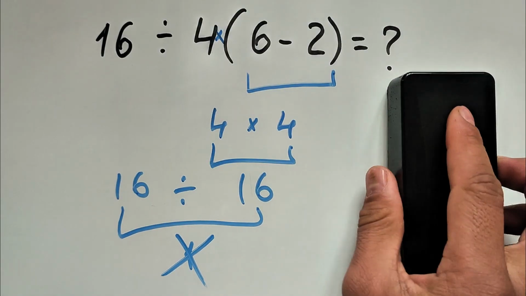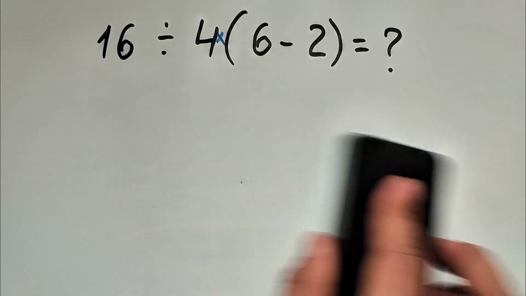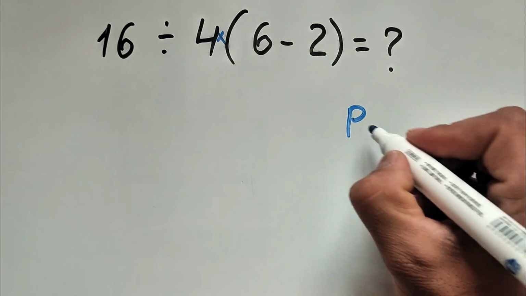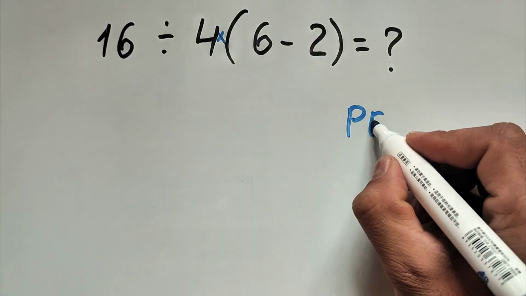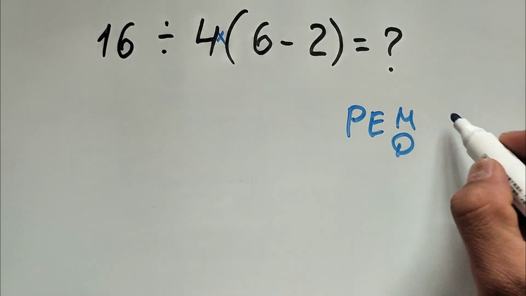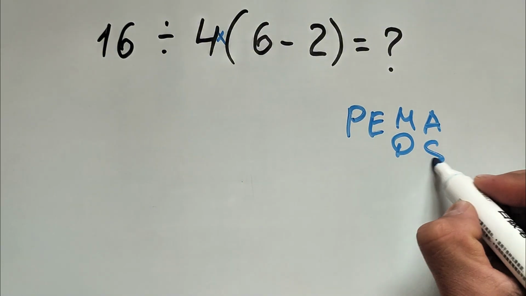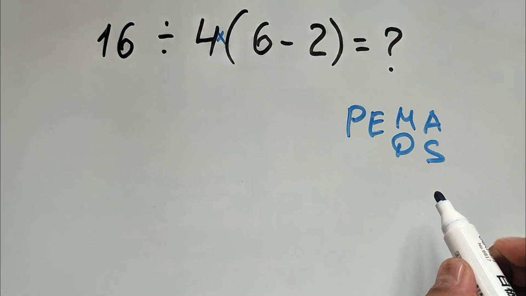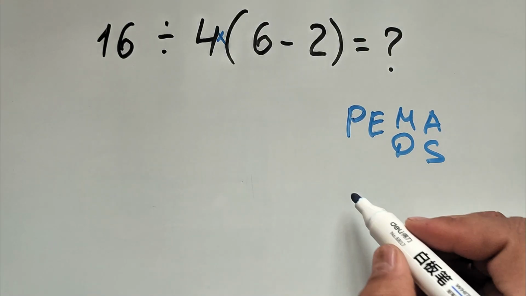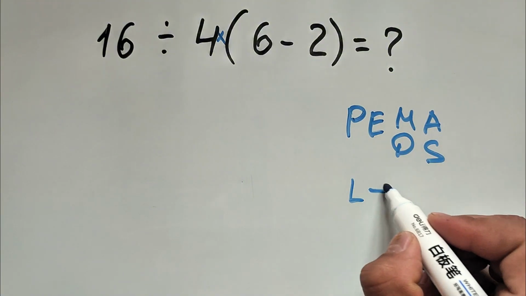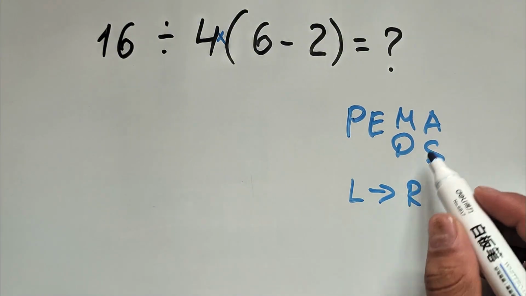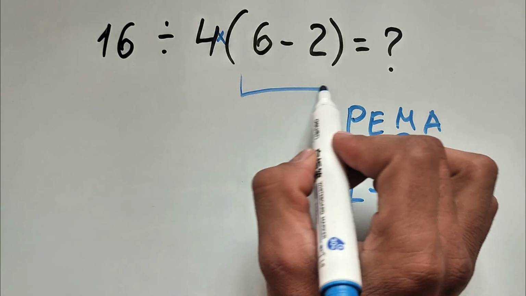If you ask why, I will try to explain it. According to the order of operations, first we have to begin to work inside the parentheses, and after that exponents, and then multiplication or division, and finally addition or subtraction. According to this rule, multiplication and division have equal priorities. That's why we have to work from left to right, and the same rule applies for addition and subtraction.